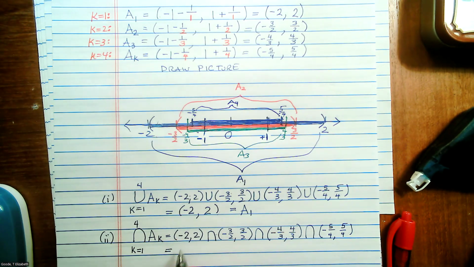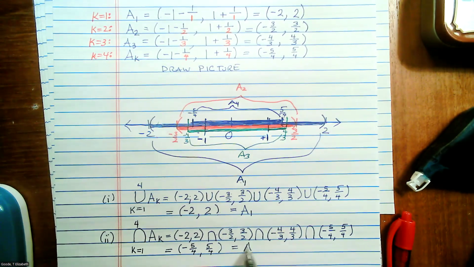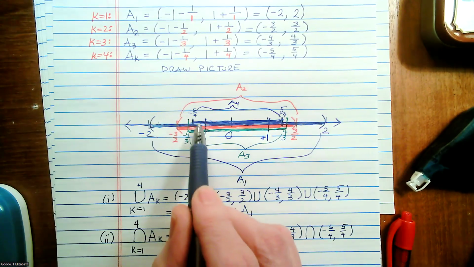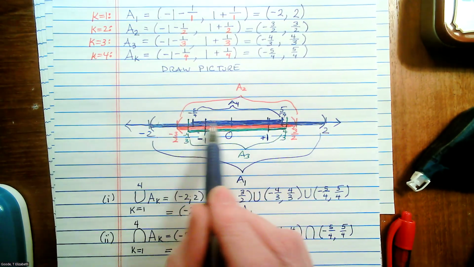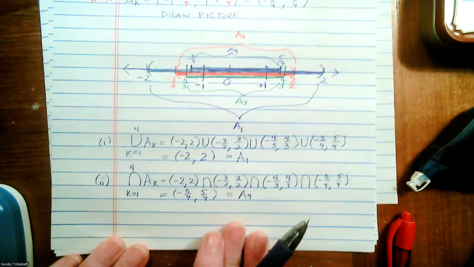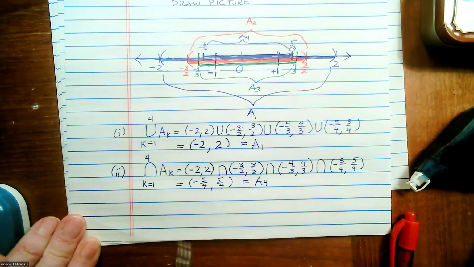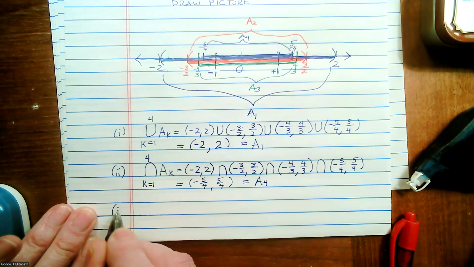Yeah, or A sub 4. Negative 5/4 to 5/4. Or you could just write A sub 4, because only those elements right here in the middle are in all four of those. All right, so now let's up the ante and imagine that we are going to take the union